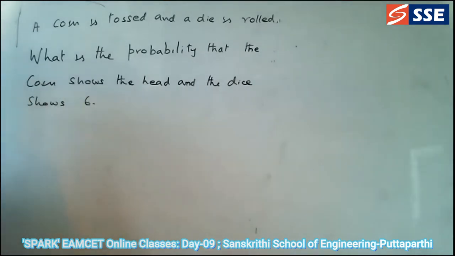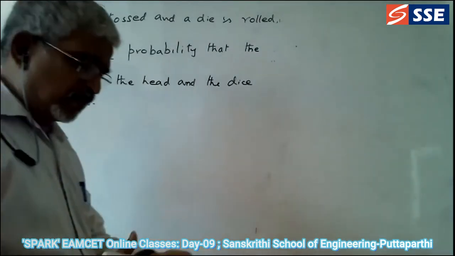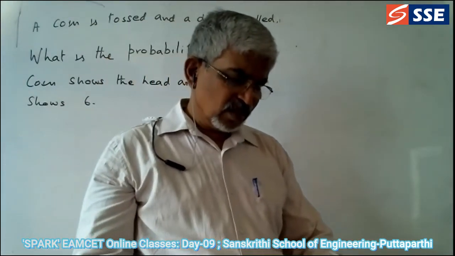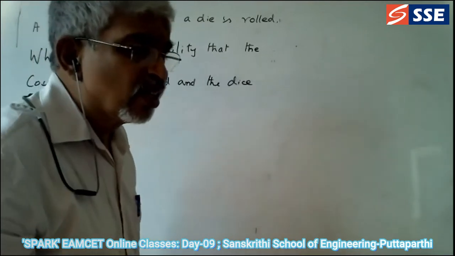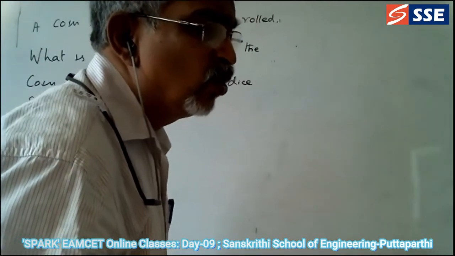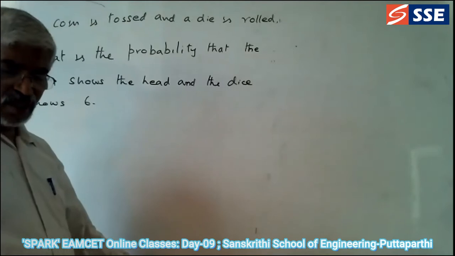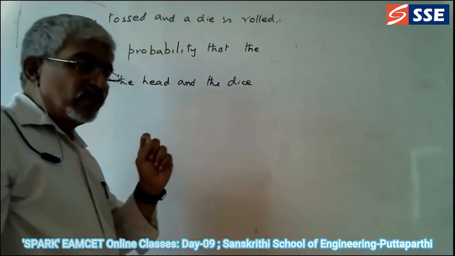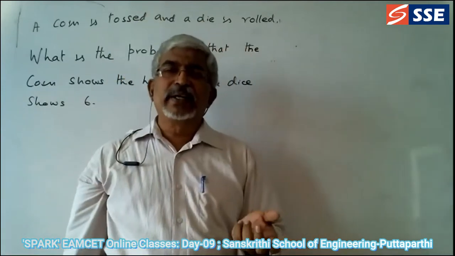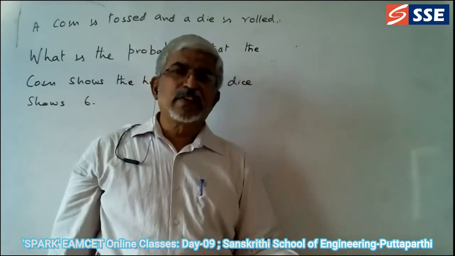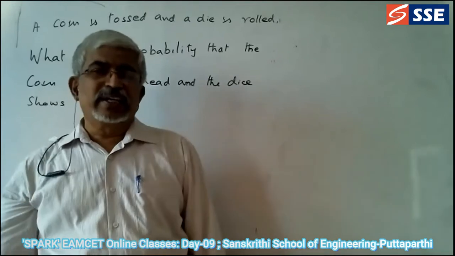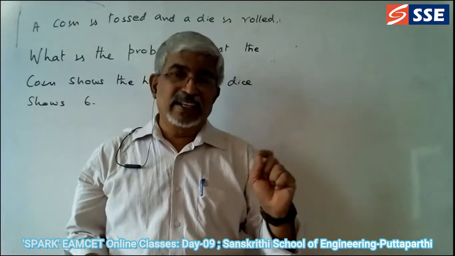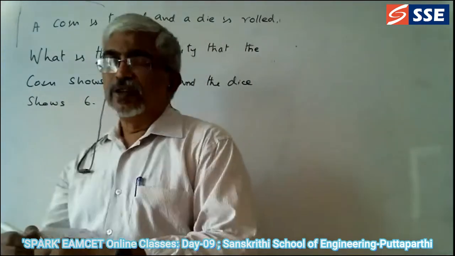So now here, what concept are we using? What is 1 by 2 and 1 by 6? Yes, they are independent. If you are tossing a coin, it is different, and again, second, you are tossing a die. So it is also independent. Since they are independent, and the question is very clear, you can see the word 'and'.